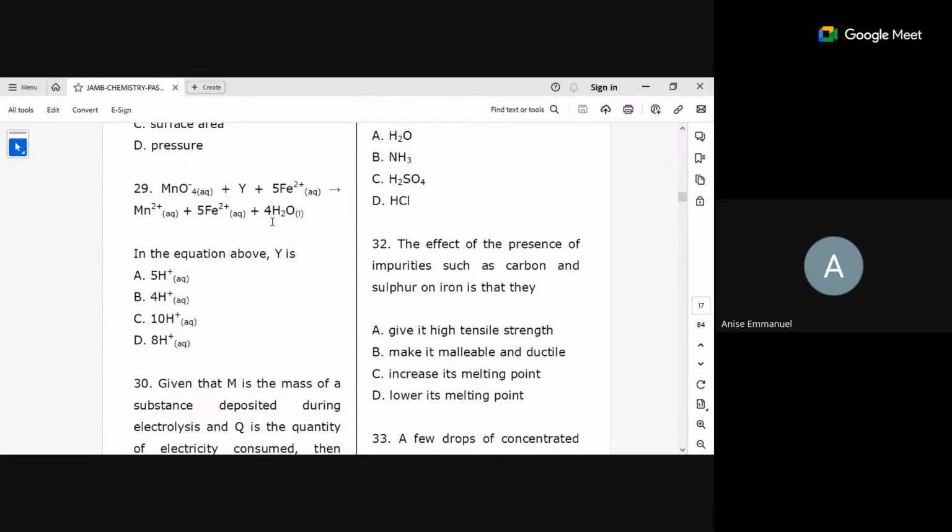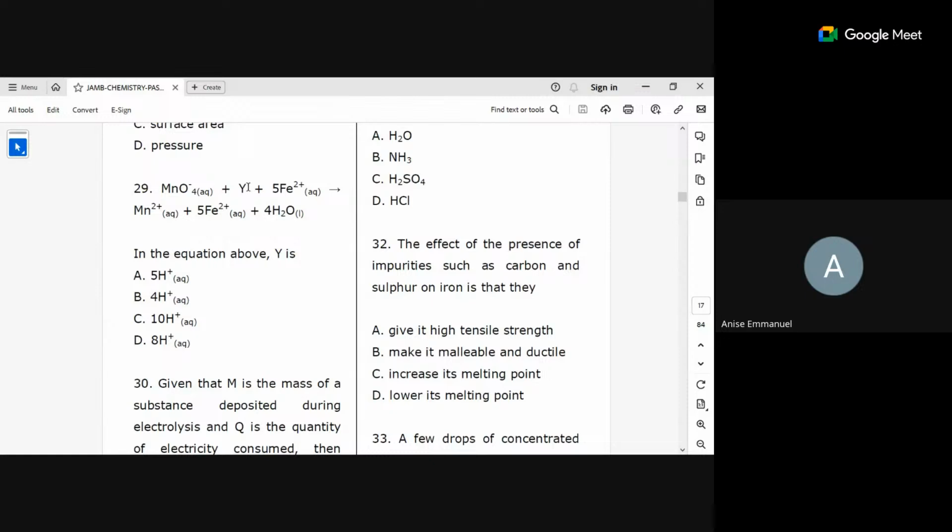So if you look at it, it should be 8 here, then we write 8, and look at the number of charge. The only charge here is 2. This is 10 and 2, making what? This is 10. Oh, 2, 2, 4, 8. That's 9. And this is 4. Okay, 2, 1, 3. So the answer here is 5 ions. It will be 5 here when you balance it very well.